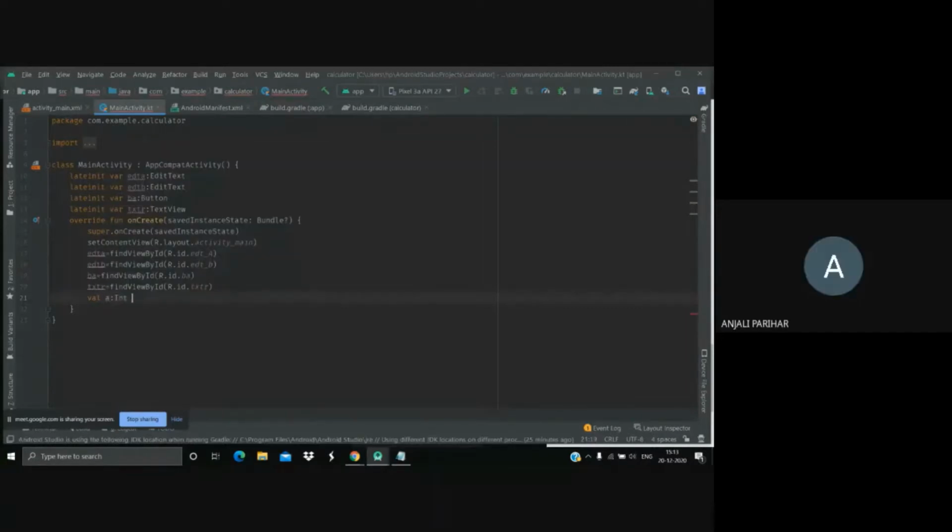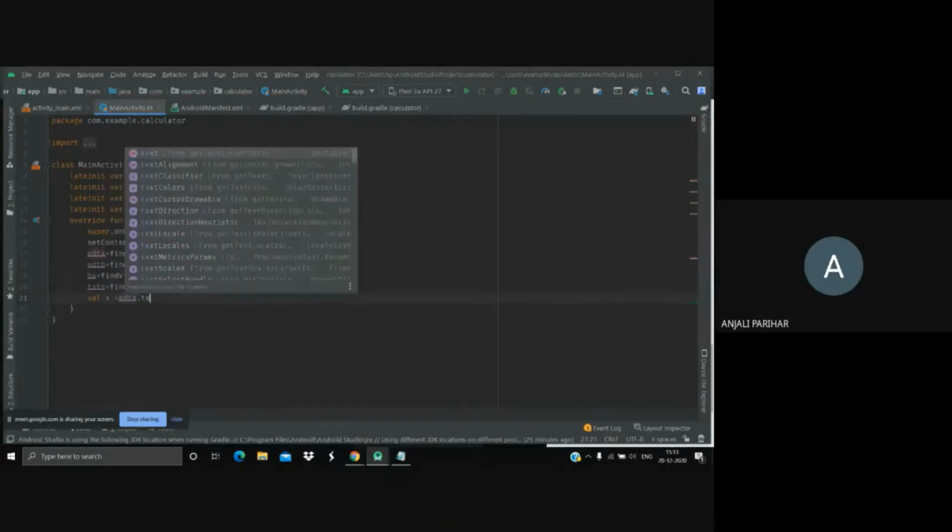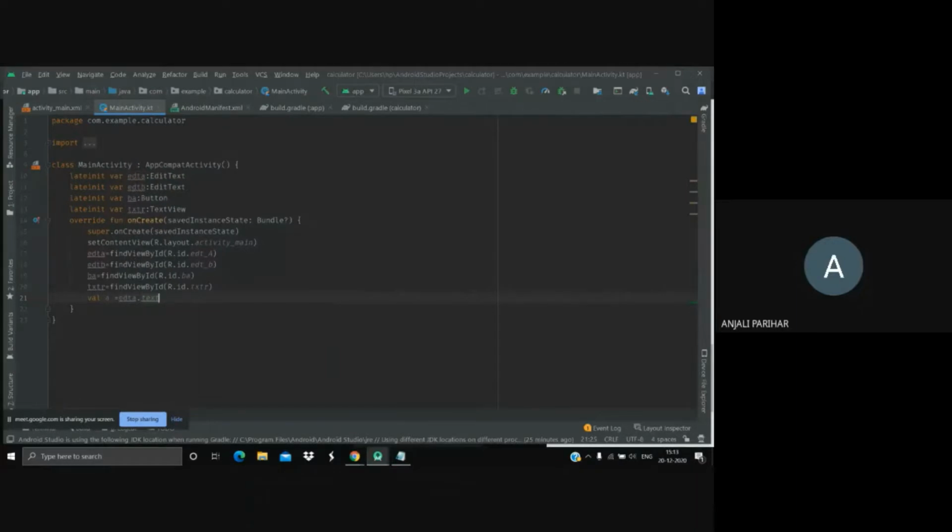Okay, so this would be of type int. Let me tell you, let us do something else. I'll just clear that. I want the text from it. Edit text would by default have the values in string format, but I'll be performing operations like addition and subtraction, so I'll need a numeric value.